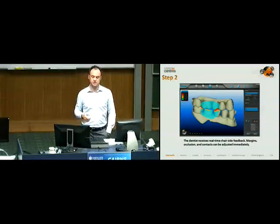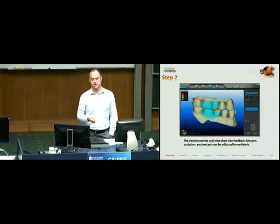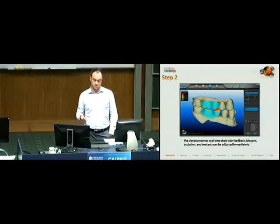So if there's not, the patient's still numb, the patient's still in the chair, you can take the high speed, adjust that crown prep, erase that small area, rescan it, you don't have to scan the whole patient again, and then double check it. If it's good, you can send the patient back and you know you've got the perfect impression. And that's where the consistency comes in, being able to see the patient's bite, see the crown, and measure the